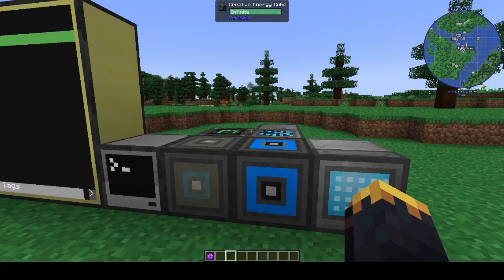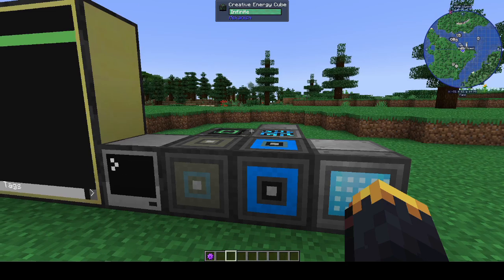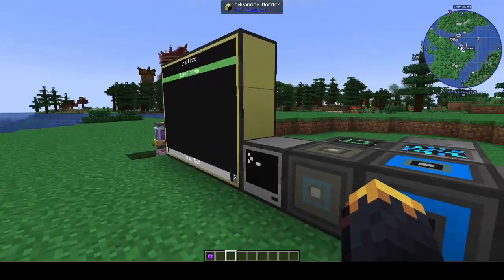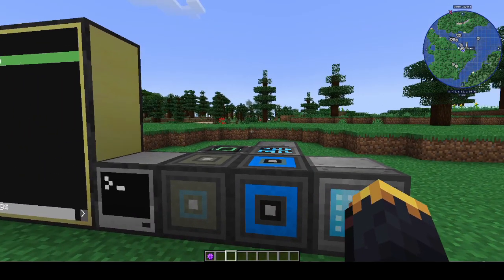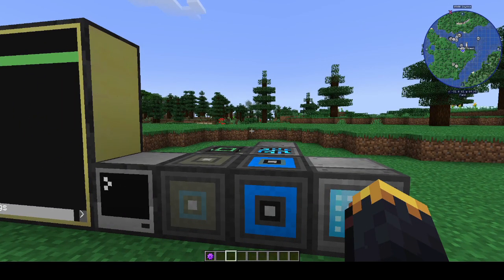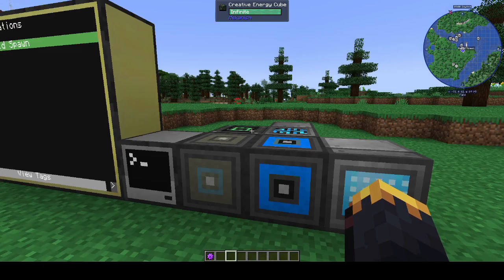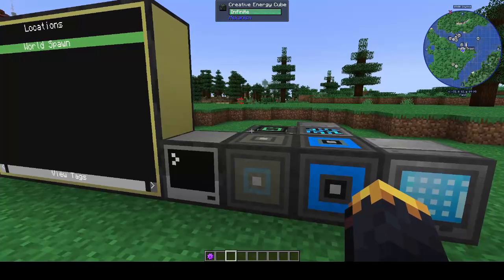Alright, this is the organized teleporter system for All the Mods 9. It's not currently compatible with 10, but hopefully it will be soon. So, what is it? If you haven't seen the Reddit post from a couple of days ago, when I'm recording this,